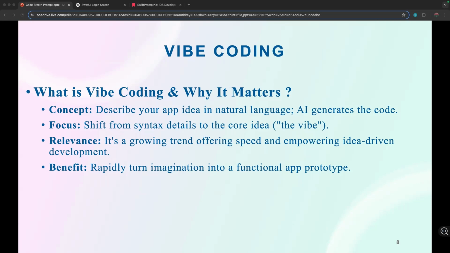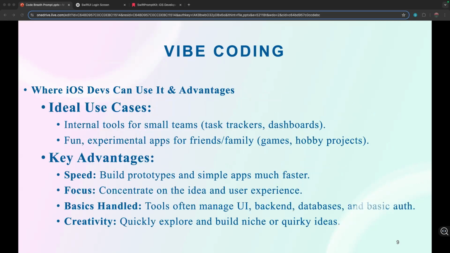Now, as an iOS developer, where can we use it, and what are the advantages of vibe coding? Mainly ideal use cases: if we have a small team or want to communicate internally, then we can use this to create our task tracker or dashboard or any fun activity applications or hobby projects for our friends or family.